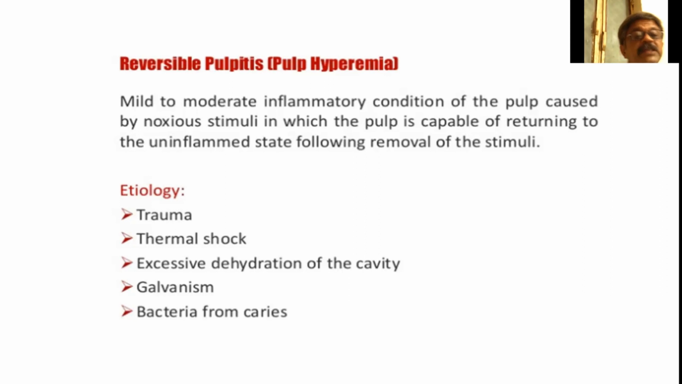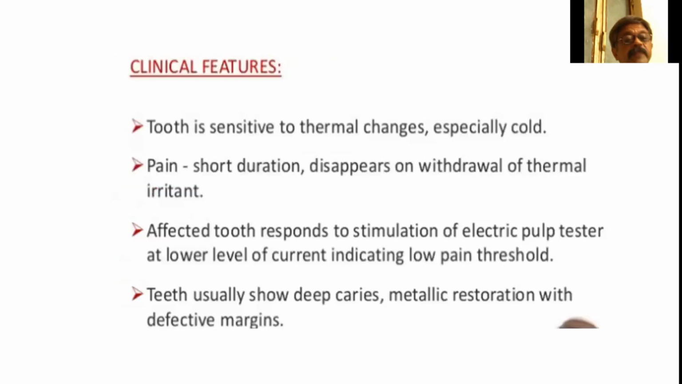That means it is reversible. The pulp is capable of returning to the uninflamed state after removal of the stimuli. So etiology is trauma, thermal shock, excessive dehydration of the cavity, galvanism, and bacteria from caries. Now clinical features. It is sensitive to thermal changes, especially cold. The duration of pain is short, which is a very distinguishing feature of the reversible type versus the irreversible type. Pain is of short duration and disappears on withdrawal of the thermal